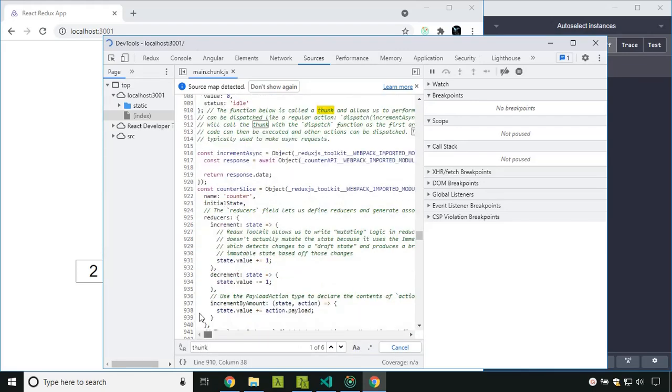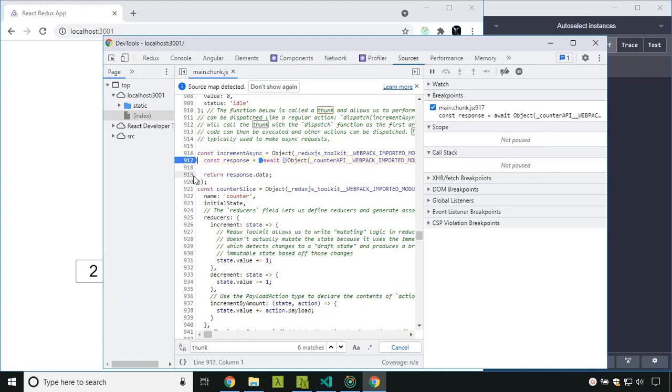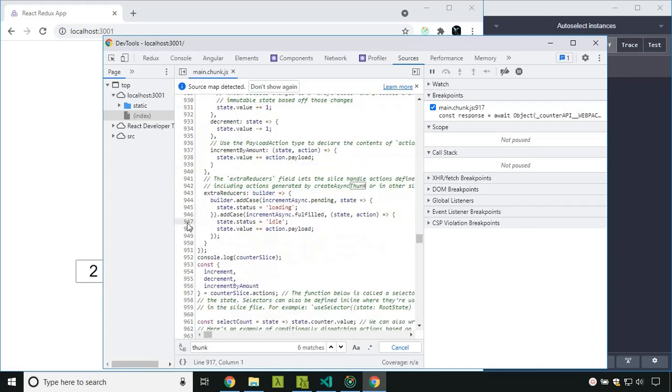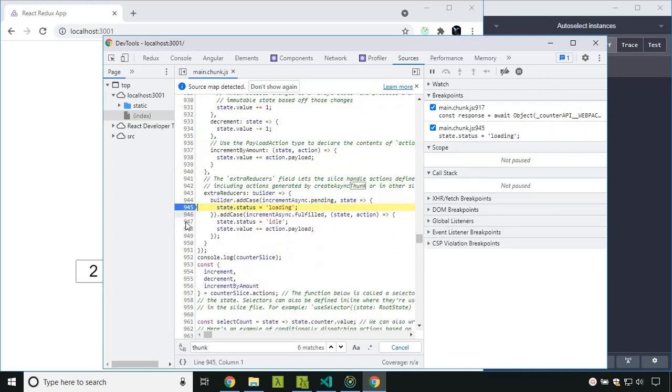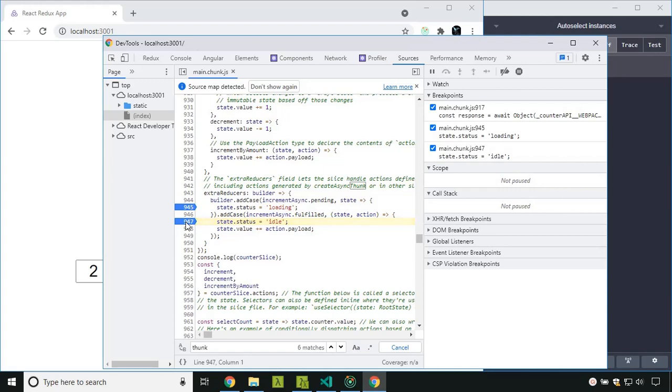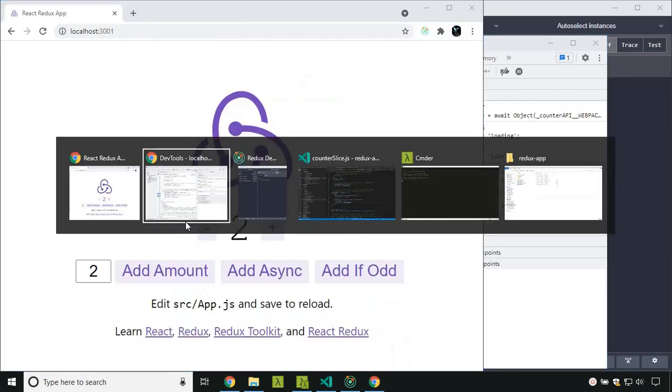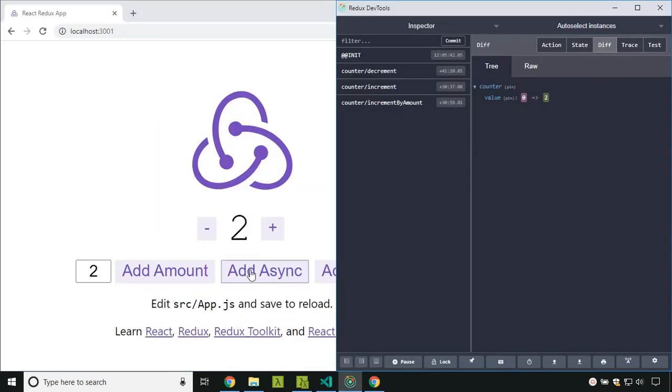Let's put a breakpoint here when the action is initiated, and we will also put a breakpoint in these two case statements. So now we are going to press the add async.